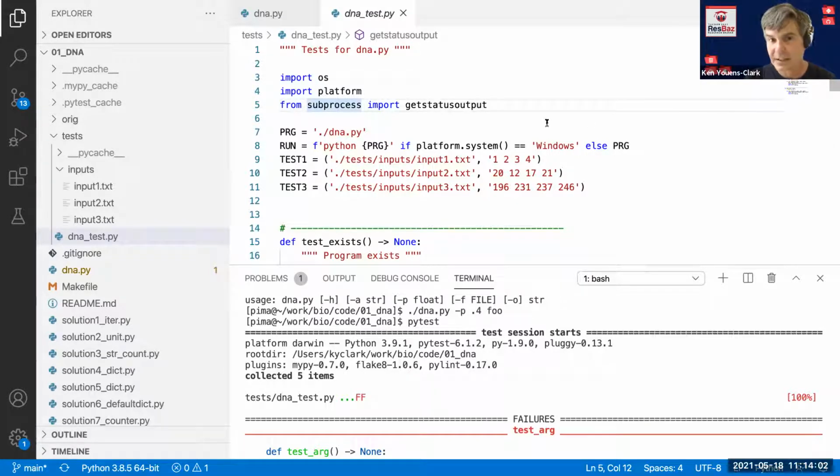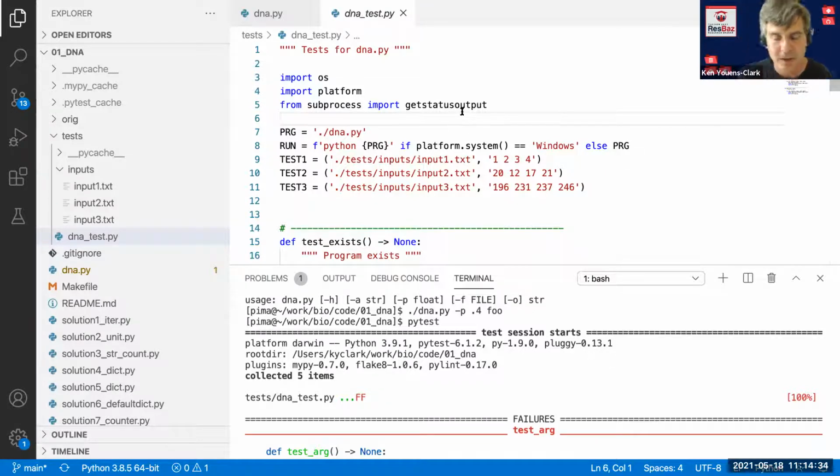Now, this in and of itself might be something that's really important for you to know in whatever kind of analyses you're doing, because a lot of times what we're doing is taking some program that someone else has written, trying to execute it with our data, and then get the output of that, usually massage it to put it into some other little program that's going to do the next step. And that's an analysis pipeline. That's just bread and butter for what we do. So if you were just wondering how in Python can I run some other program that exists on my machine, this is how you do it.